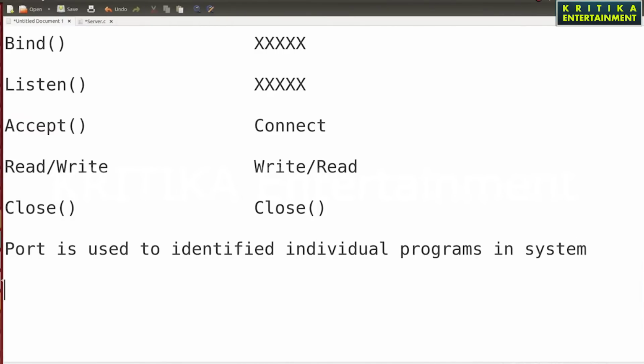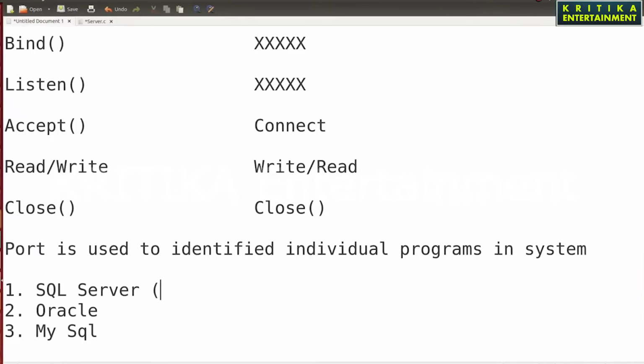Suppose there are 4 programs running. First is SQL Server. Second, Oracle. Third, MySQL. And I have assigned individual ports to these. Suppose this port number is what?